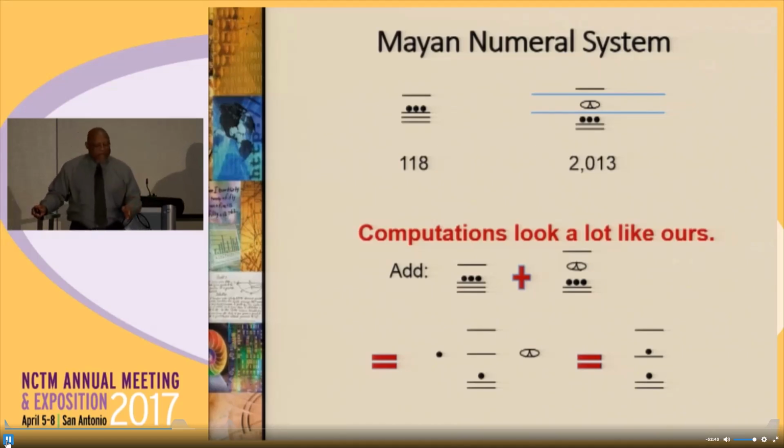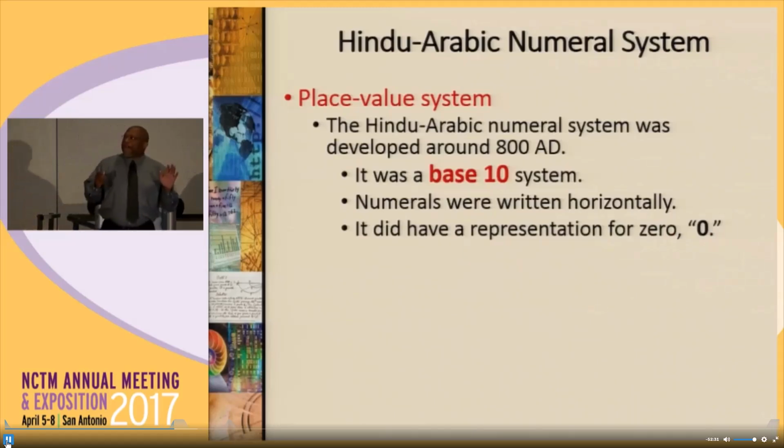So I regroup and I add 120 with the 5 20s and the no 20s, and I get 6 20s, and I had no more 400s to add, so I just have 500. Well, you get what I'm saying. So the numeral system that I want to go to next is a sort of exotic number